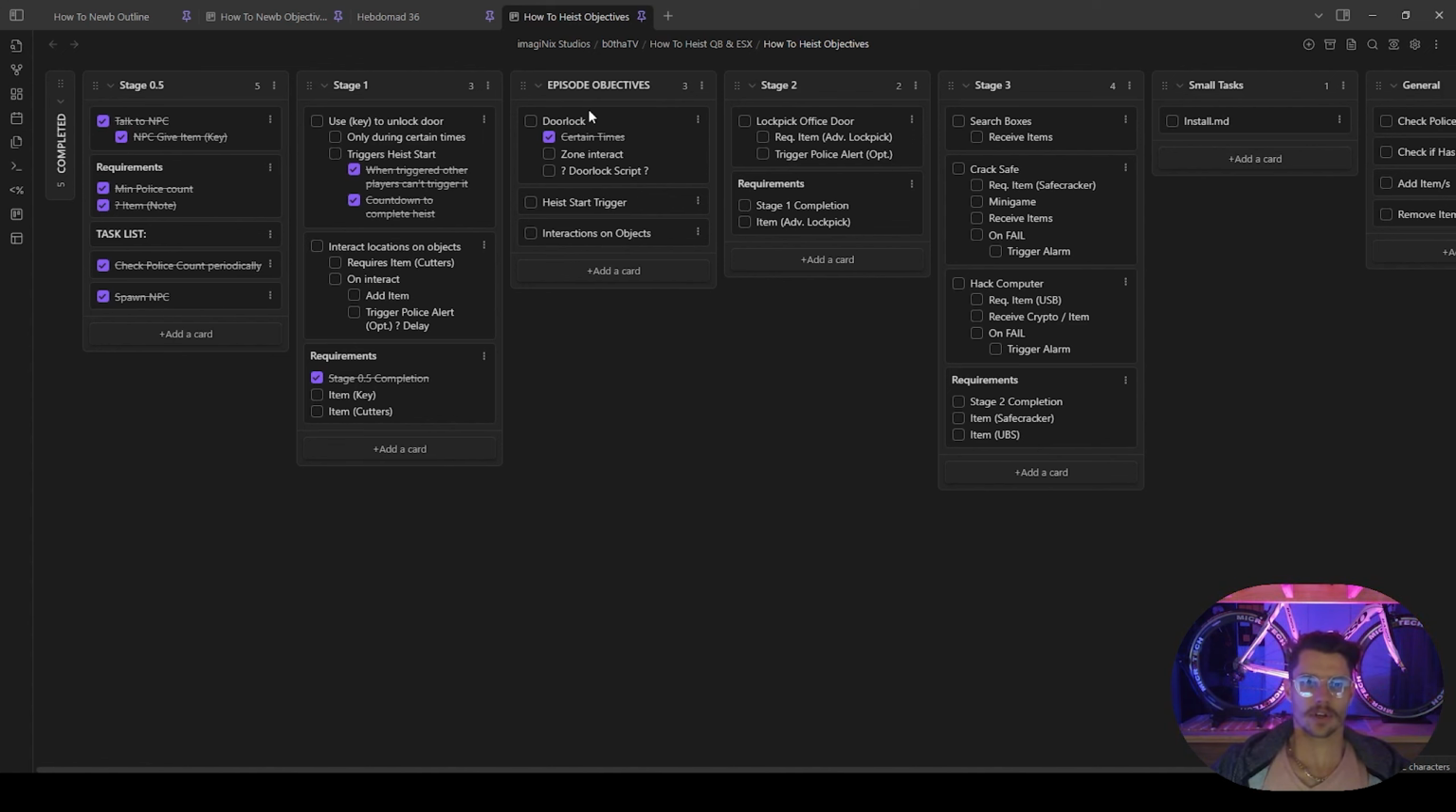Looking at our episode objectives, we are working on a door lock for our script, with either a zone interact or a door lock script. I've chosen to go with a door lock script, and we will be using